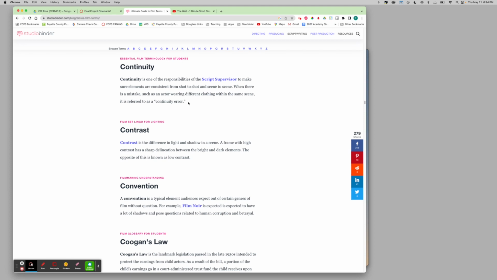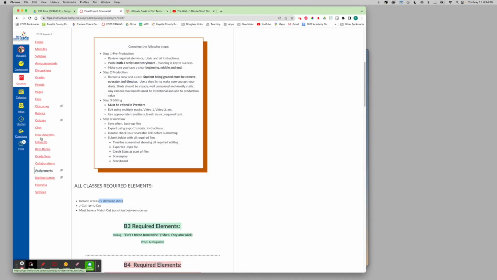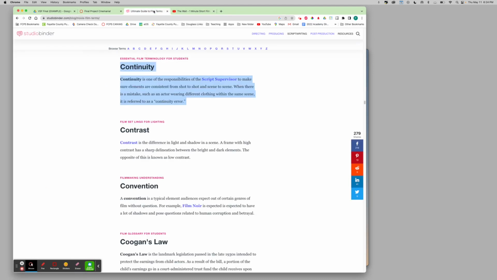Extra credit. This is a secret extra credit. If you send me a message using the inbox here, and you give me the definition of continuity, you can copy and paste it from right here if you want. If you send me the definition of continuity, the first 3 people that email it to me from each Video Studio section will get,